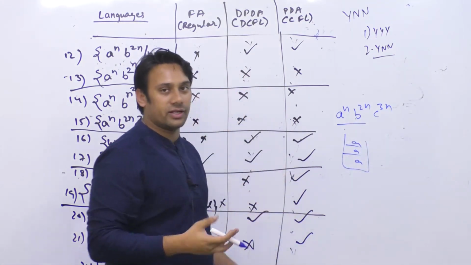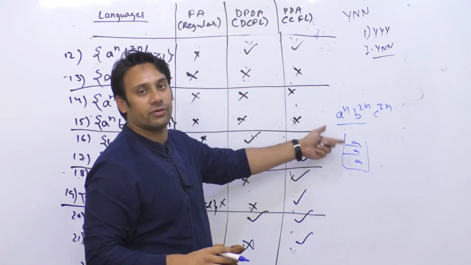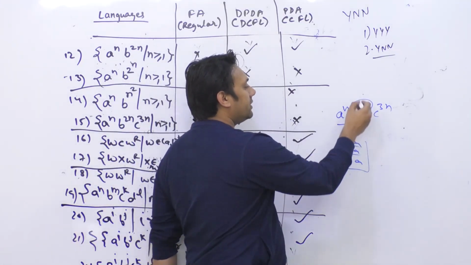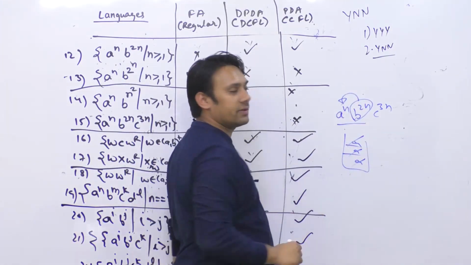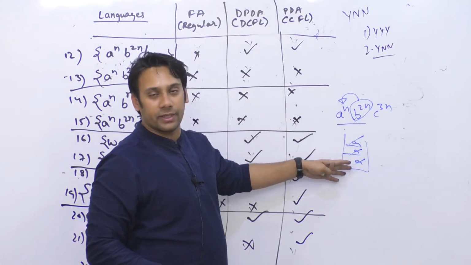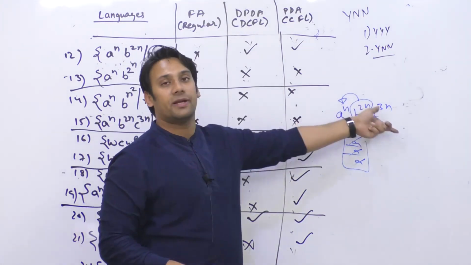So you can do any strategy. You can insert 2A onto the stack or 1A onto the stack. That is your choice. And then to compare the number of B with A, you can remove all these A. So after you have compared with B, the stack will become empty. After the stack is empty, how will you compare with C?